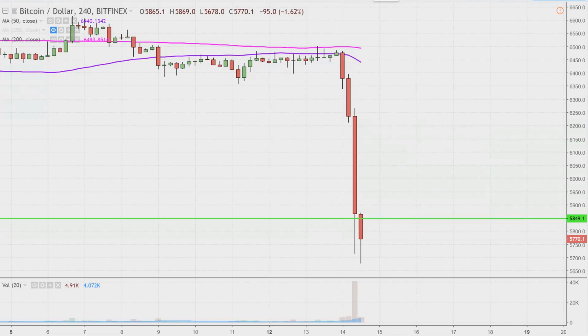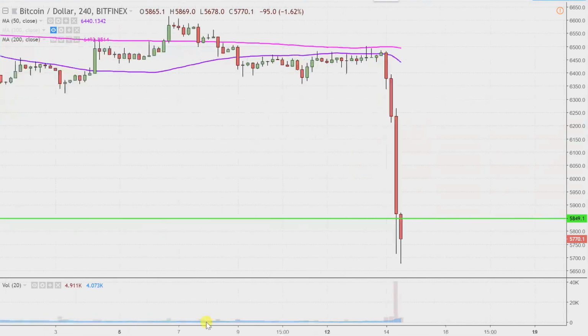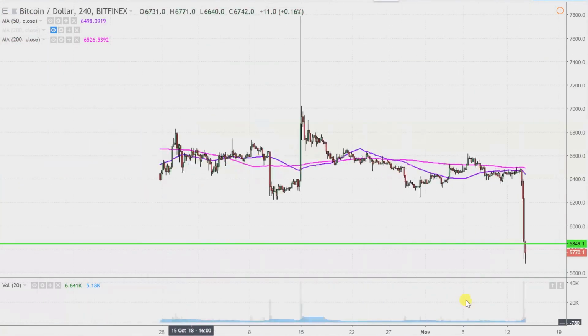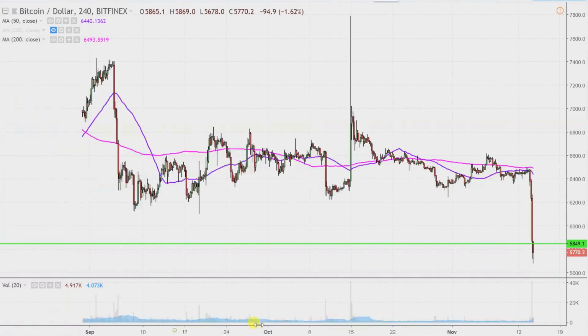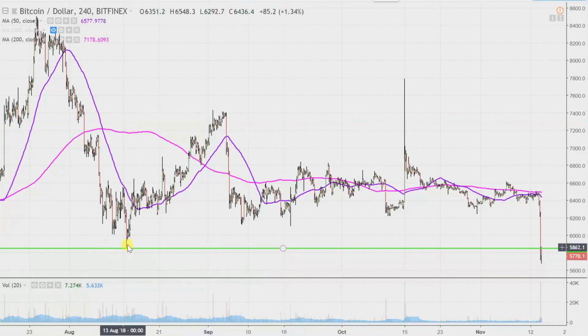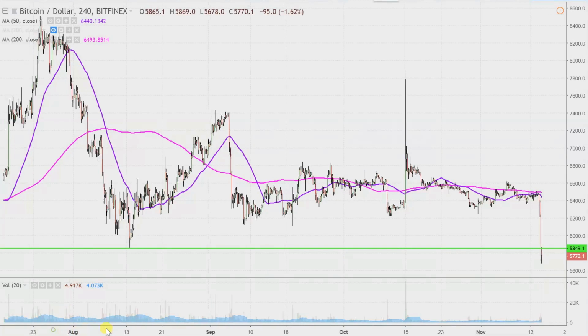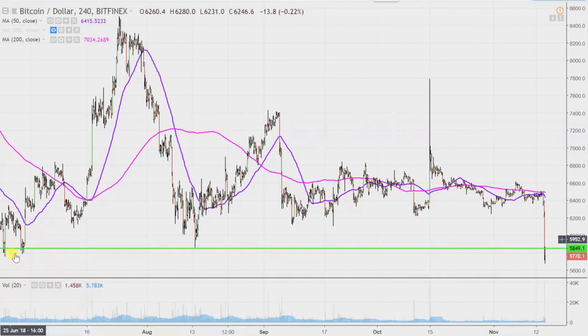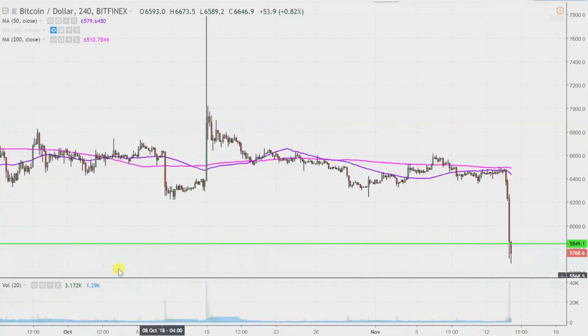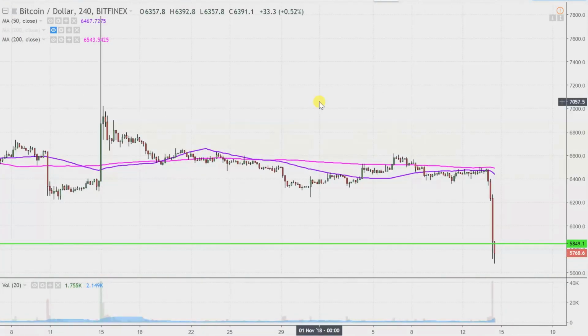And why is this level so important? I should probably offer up a little context. If you go back through the history of things, this has been a very important level. Back here, you can see the price bounced from it. And if you go back a little bit further, you can see there's a lot of history right around this general vicinity, and that's where the price is right now. So any continued separation to the downside would literally be putting the price at historic levels that it has not seen for months upon months. So the next 24 hours are clearly going to be quite interesting.